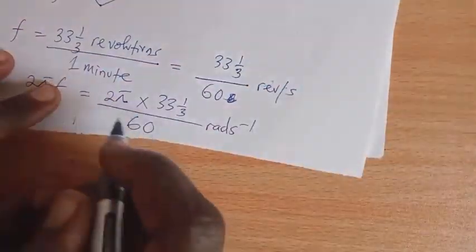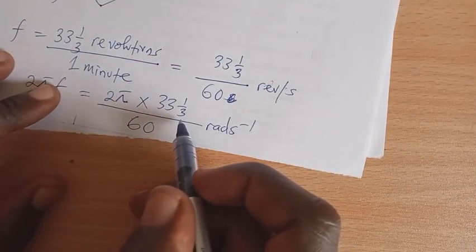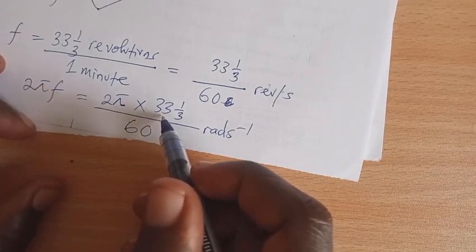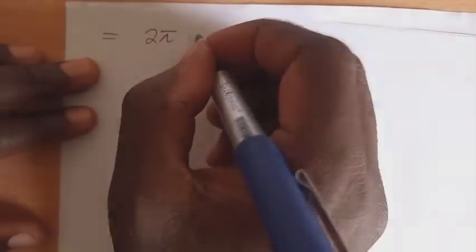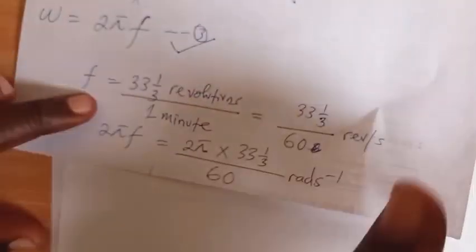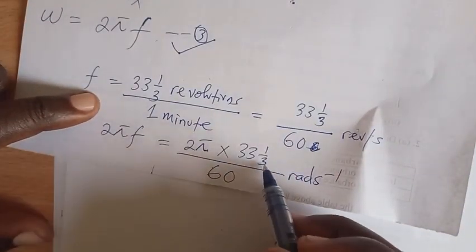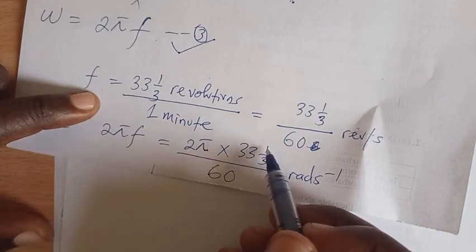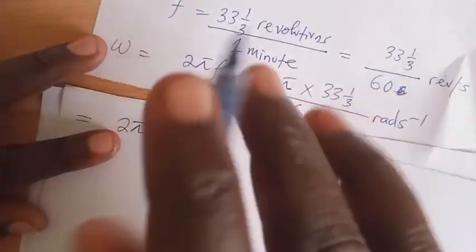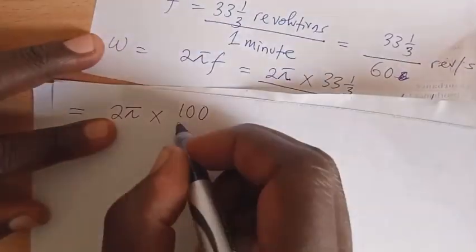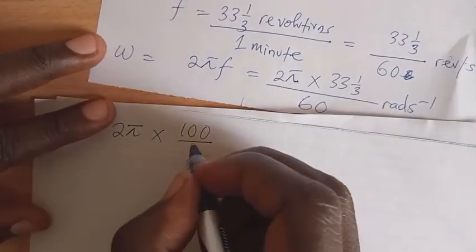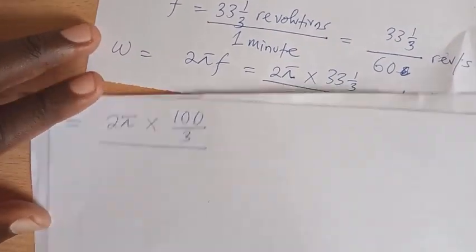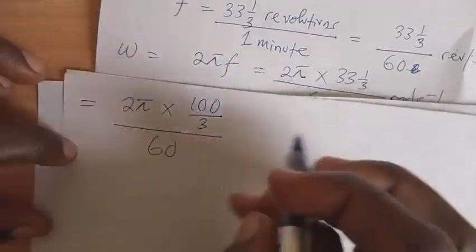Okay, now how do I find the answer here? Okay, here is the thing. So I will say this is equal to 2 pi multiplied by, I will convert this one to an improper fraction. I will say 3 times 33. This will give me 99 plus 1, and this will be 100. So I have 100 divided by 3, and then everything here divided by 60,